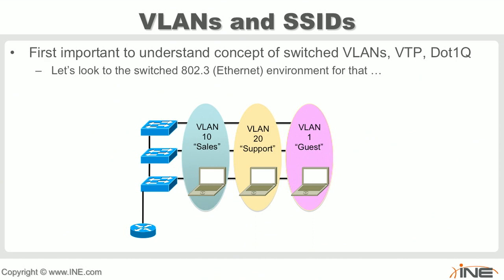If you already understand the concept of a virtual local area network, or VLAN, this is essentially creating, in a switched environment, separate layer 3 and also separate layer 2 broadcast domains. The idea of these can be extended out into the wireless domain. To begin with, let's say we have this example of 3 switches. We have a single cable. Yes, it could be multiple cables, but for the sake of simplicity, we have a single cable